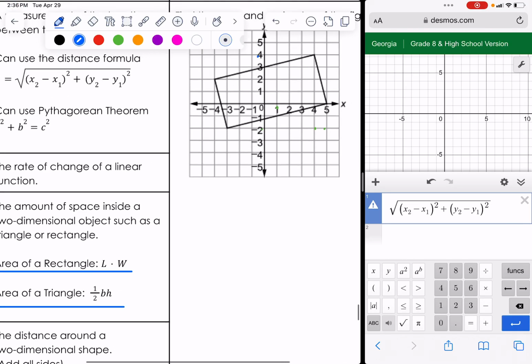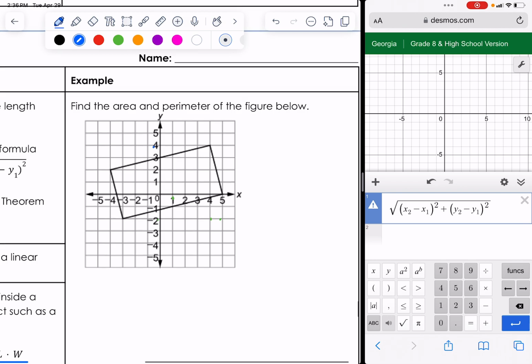So let's jump into this problem right here, and it says find the area and perimeter of the figure below. Well, it doesn't tell us what kind of figure it is, so let's double check. To me, it looks like a rectangle, but in order to be a rectangle, we would need to have 4 right angles and opposite sides parallel. That would be good enough to tell us that it is definitely a rectangle. We can see that the sides are not going to be congruent. So let's go ahead and